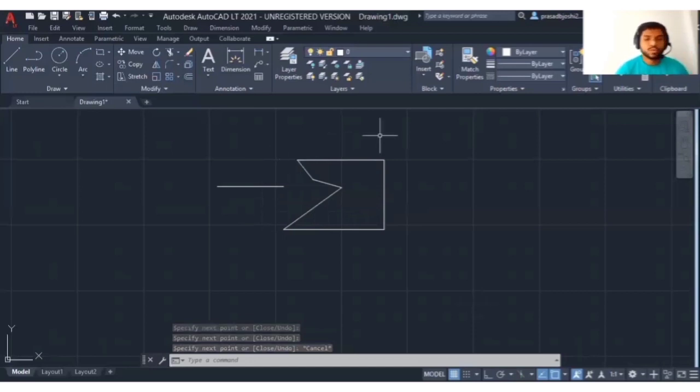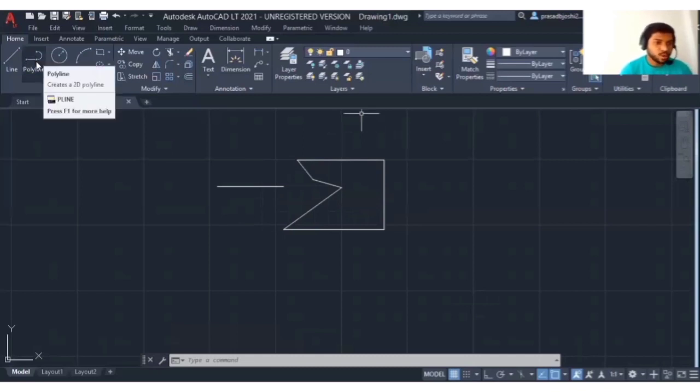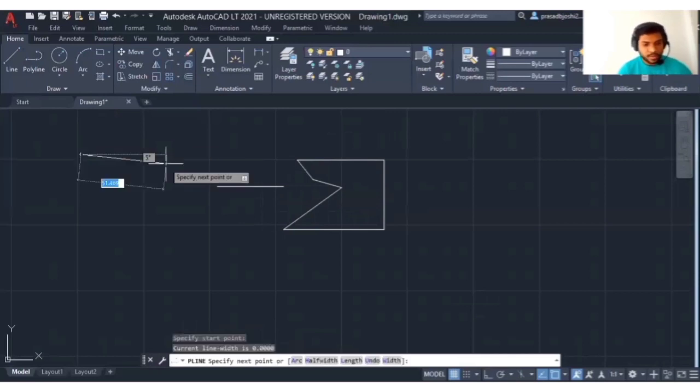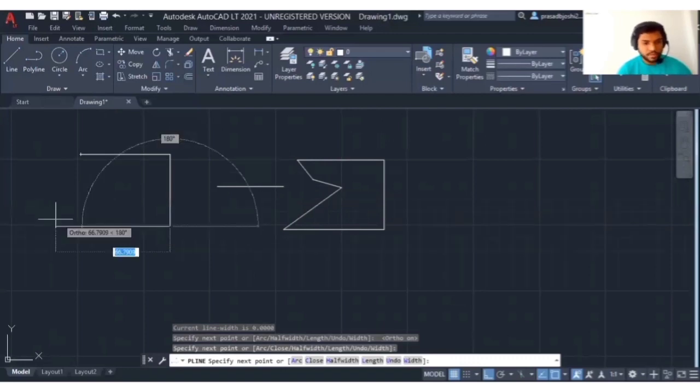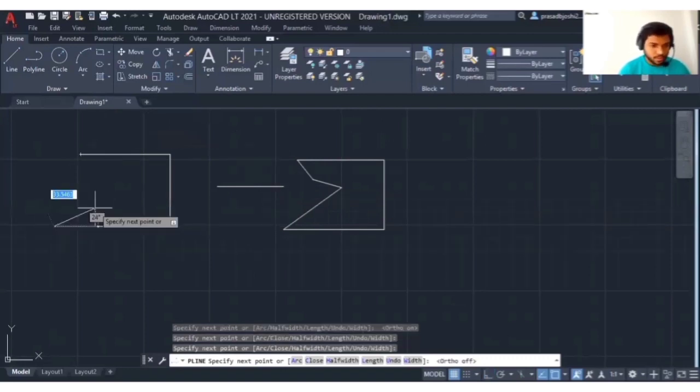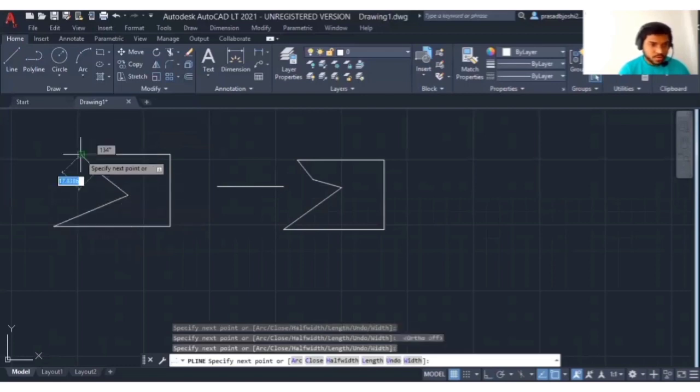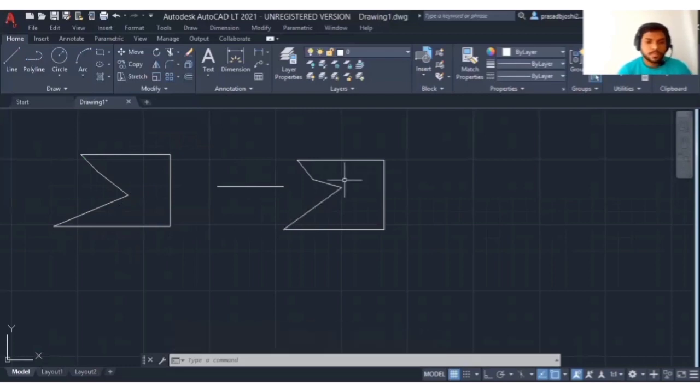Next we will move to the polyline command. So here we have this polyline command. Click on polyline. Select the first point. F8. Then again F8. And close. Escape. So what is the difference between line and polyline? We used the line command for this object and we used polyline for this object.